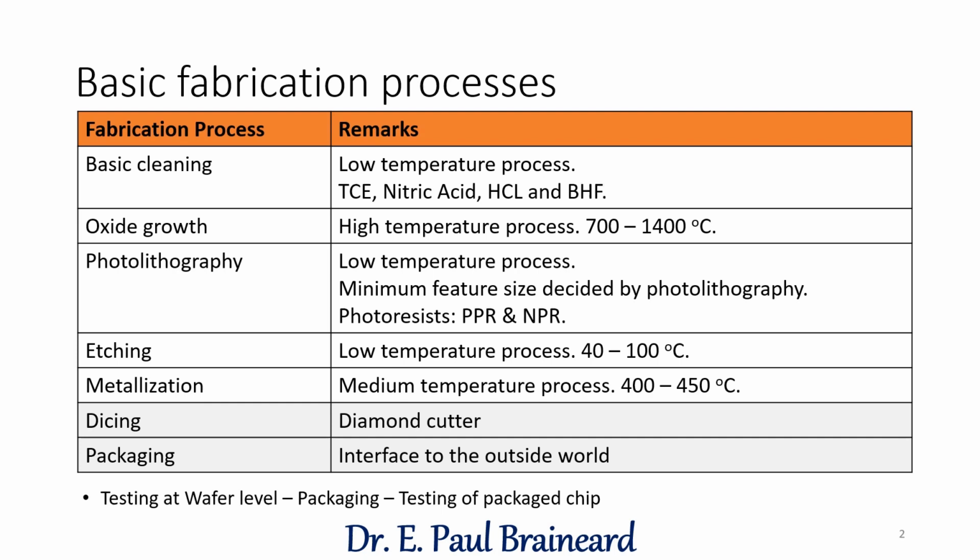The next process is etching, that is removal of a material. It can be removal of silicon, silicon dioxide, silicon nitride, aluminium, gold, etc. The last process is metallization. We cannot take contact directly from semiconductor surface. We have to deposit metals like aluminium, copper, etc. This is done by the process called metallization.